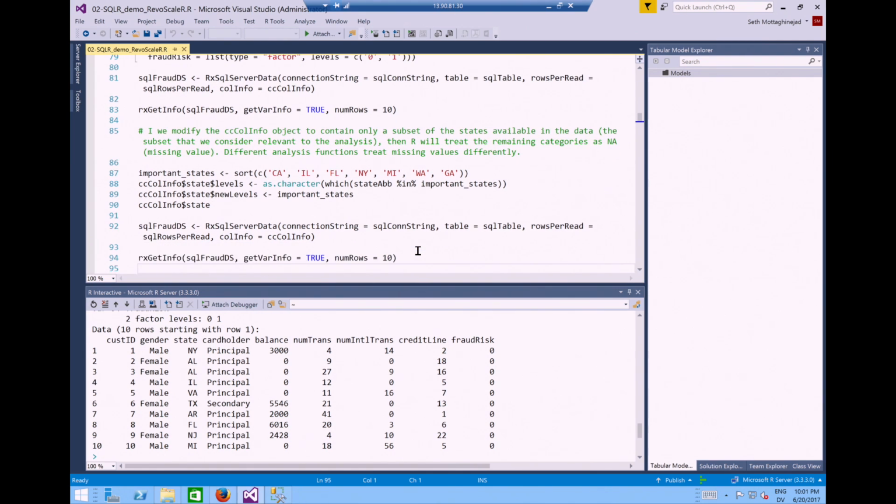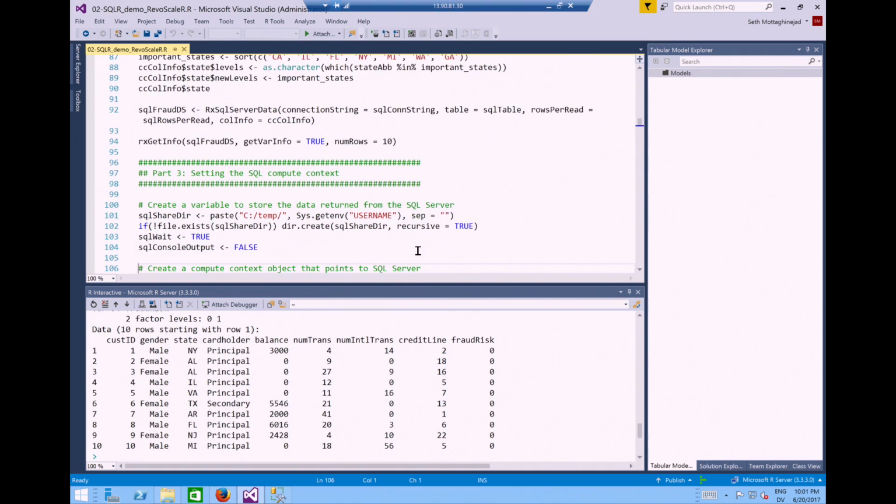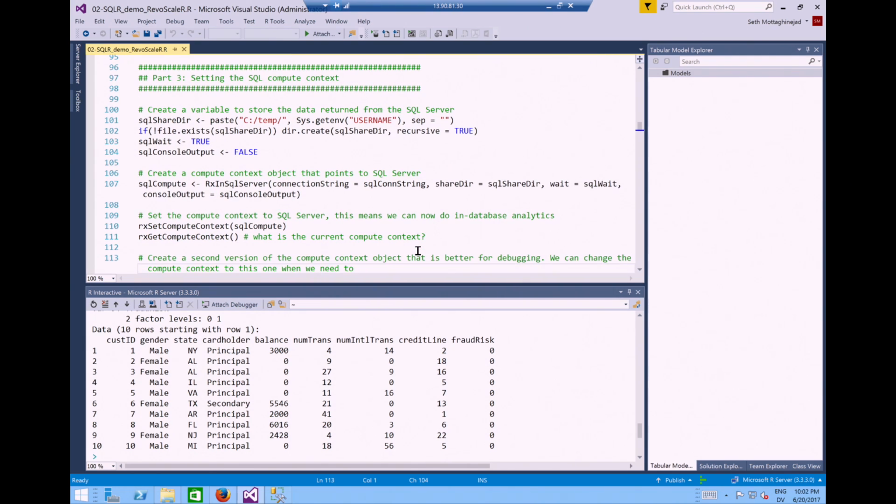Okay, so I'm going to skip some of this, and I'm going to come here to the next thing that we have to do. So far, we were able to point to data in SQL, but one thing that we haven't done is specify where computation needs to happen.